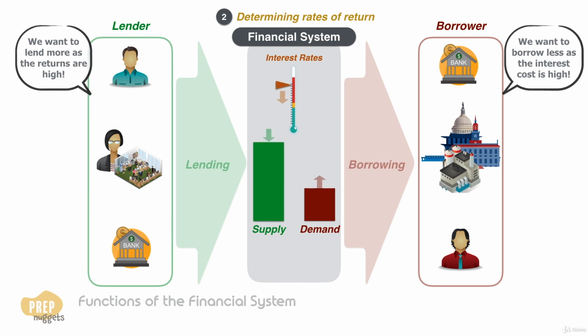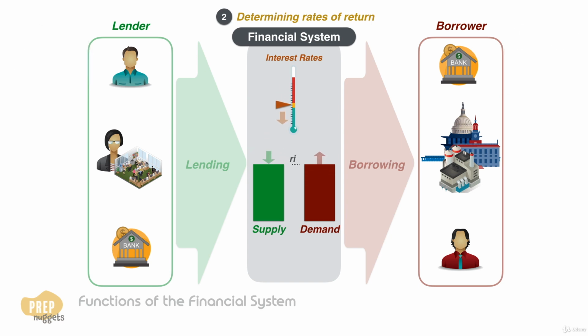This drives the money supply down and the money demand up until an equilibrium level where the supply equals the demand. This is known as the equilibrium interest rate, the rate at which the amount the borrowers desire is equal to the amount that the lenders desire. In many countries, the central bank plays an important role in guiding this equilibrium rate through monetary policy. This is covered under the economics portion of the CFA curriculum. Now, obviously not all the participants are going to borrow and lend at the same interest rate.